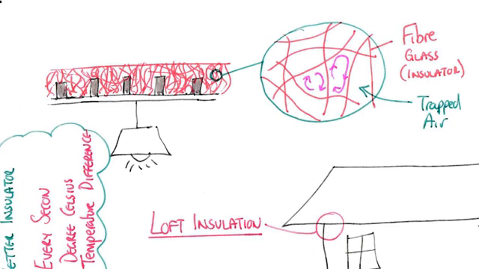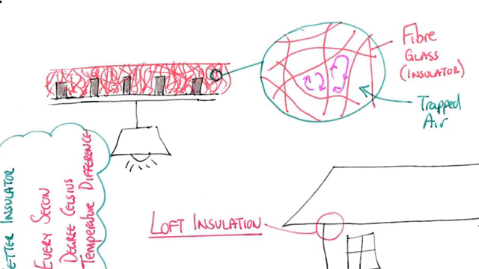It actually gets into your fingers, it's actually quite painful. And what fiberglass does is it basically traps little pockets of air. You can see that in the green circle I've drawn there, which is supposed to represent a microscope zooming in. And the fiberglass traps pockets of air, and pockets of air are fantastic insulators. They're better insulators than the fiberglass itself,